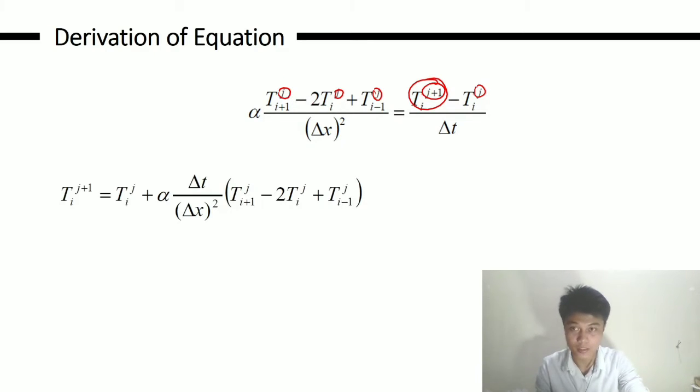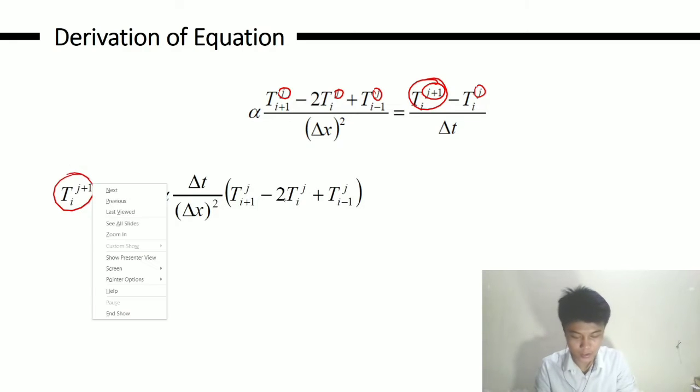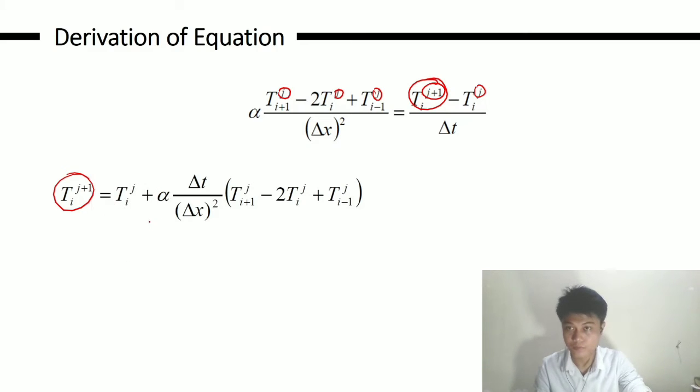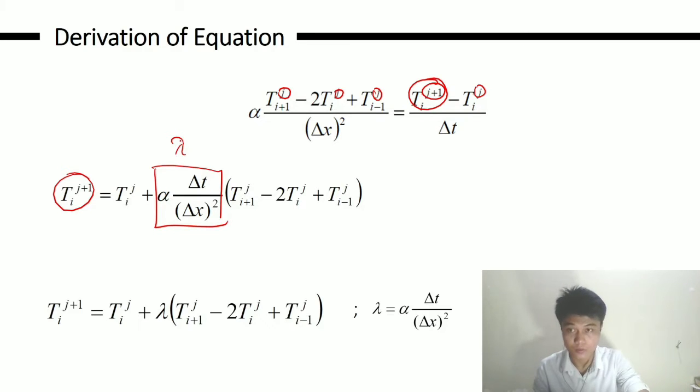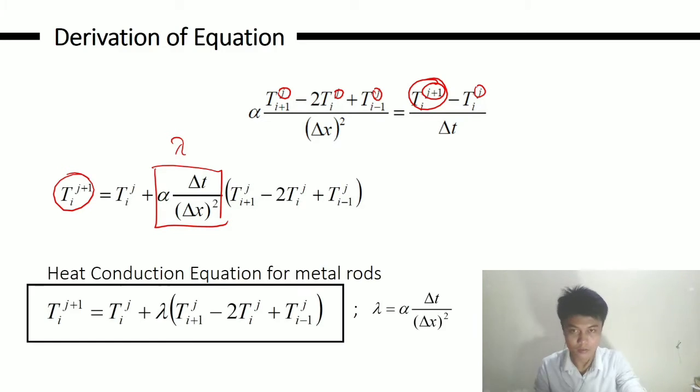So, separate natin yan. So, yun na yung ating J plus 1, temperature at present time. So, yan. So, para mas masimplihan natin yung equation, palitan natin ito ng lambda. So, yan na yung ating equation. Heat conduction equation for metal rod. So, yan yung gagamitin natin para masolve itong